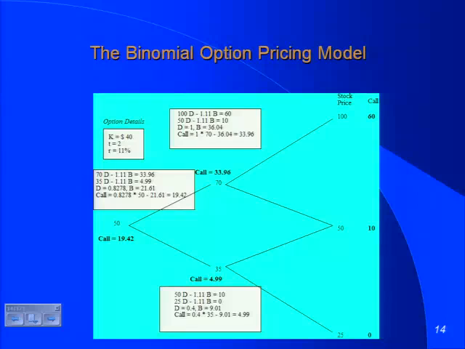So binomial models are actually great to see replication kind of play out in front of you. But binomial models are restrictive, right? Because at every stage you can jump to only one of 2 points. To have even the remotest chance that your stock will actually follow a binomial model, you got to make the time periods really short. Because if you made time 1 day, think of all the conceivable prices you could have at the end of the day, right? You got to make time maybe 1 minute.